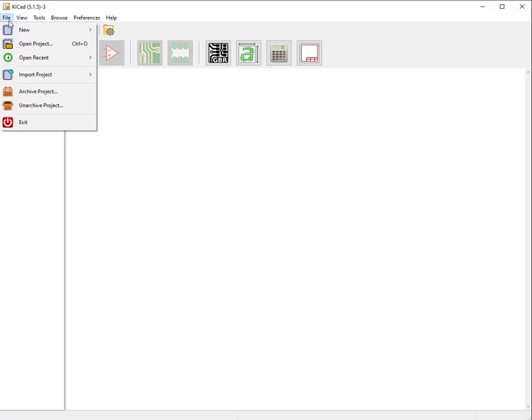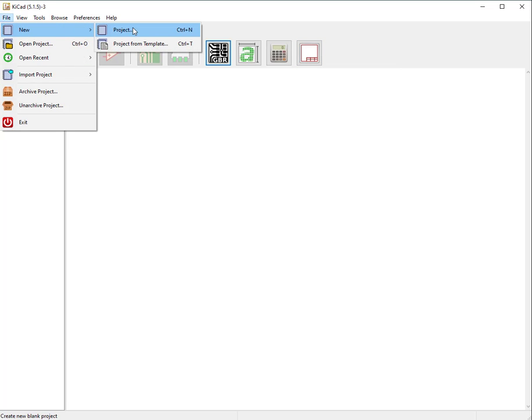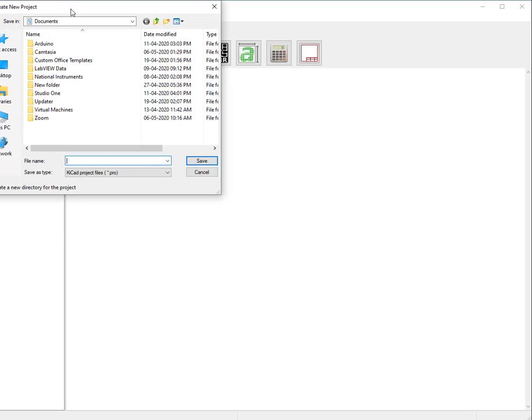Go to File, go to New, because we have to create a project; until then these things won't be highlighted or open for clicking. You can see that I can't click them, only Gerbers and the schematic will be open, because if any previous or old Gerbers or layouts are there, you can open those from here. I suggest you go to File, go to New and take a project, and you will get a pop-up window like this.